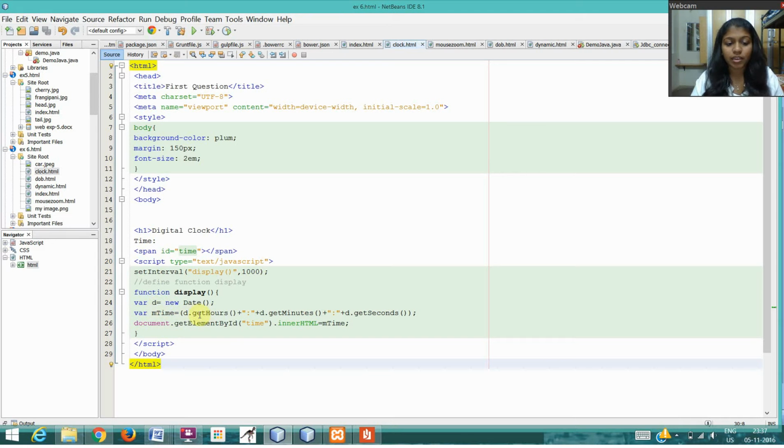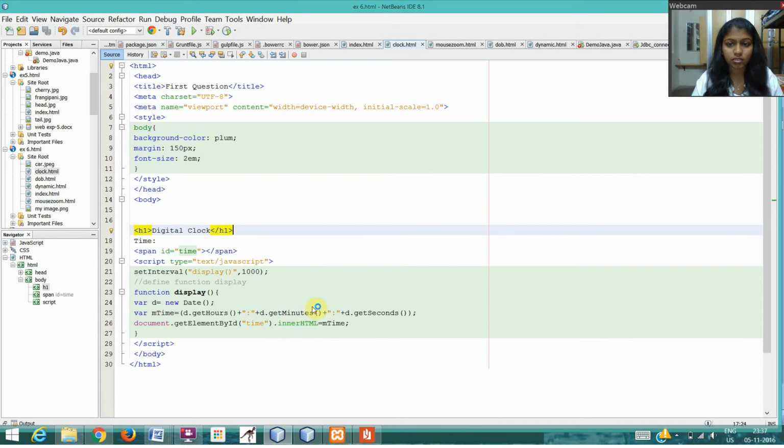I store the value like d.getHours, and d is the object which is created for the Date function, and so I've done d.getHours, getMinutes and getSeconds. So this is how it's going to be displayed: first the hours, then the minutes, and then the seconds. And that is by using document.getElementById. I get the element with the id time, because here I've given time as the span id. So inside this my clock is going to get displayed, and the value gets stored in mtime, and that's what is going to be displayed every time the setInterval function is called. So this is how it works, and it looks like,